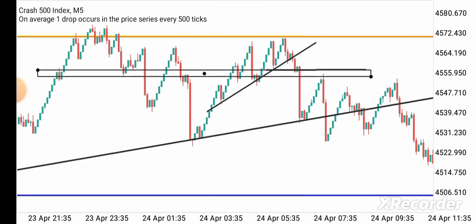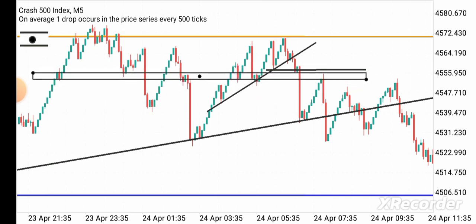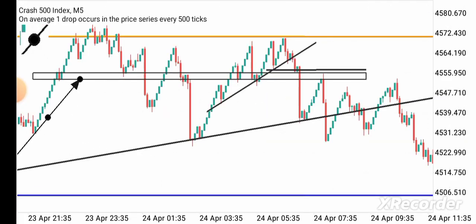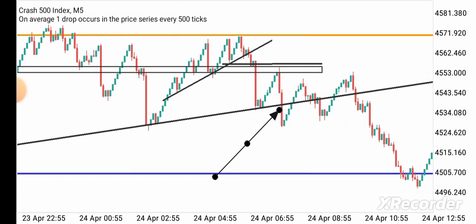All right, so you can see that the market bought and sold around this level on the 5 minutes time frame. You can see these buys at this point, sells at this point, buys at this point. So the market came to this zone and it bought and it sold. You see the massive spike to the downside. Then on breaking out of this main trend line, this is the main trend line,